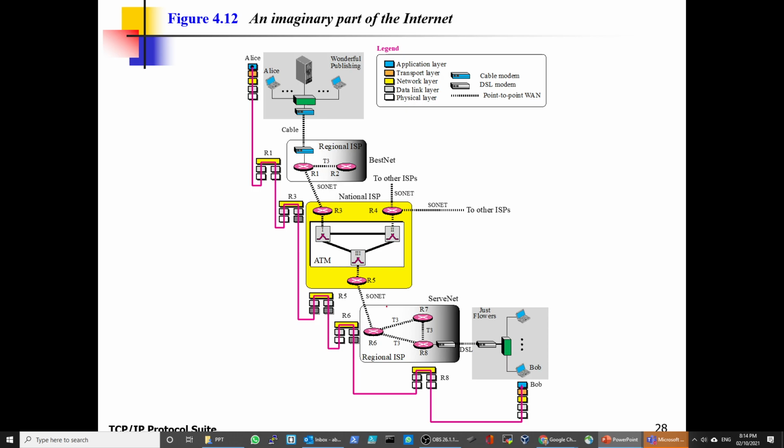Then again it's going to go to ServNet, another company in here. And this is a regional ISP. So a regional ISP in here and another regional ISP in here. Let's say this is in Trumbull, Connecticut, where I live, and this is in Bombay, India. Anywhere: Shanghai, China, Cairo, Egypt, anywhere.